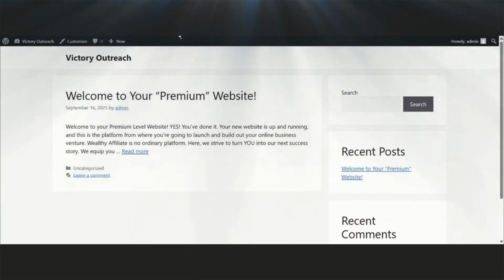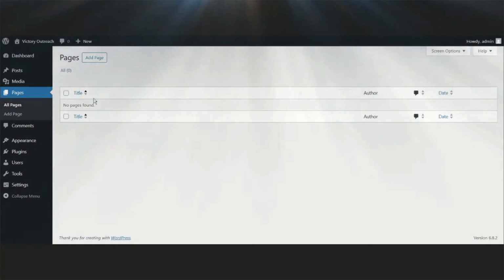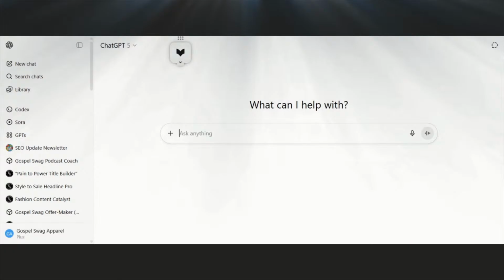I'm going to have ChatGPT help me out with this. So we're going to go here. All right. This is our website. So I'm going to go over here to ChatGPT and I'm going to say, hey, I would like to build a nice website for my church. Okay. I'm going to build one for Victory Outreach Church. Okay. The name of the church is